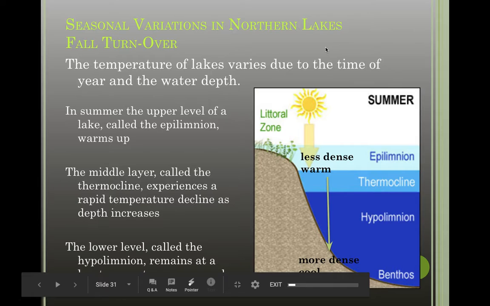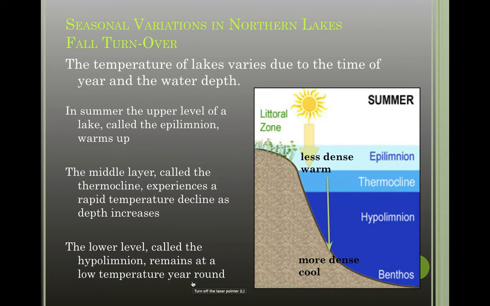All right, so the last factor we'll look at for aquatic systems is something that's called seasonal variations in northern lakes, or the fall or spring turnover. Anyway, so now